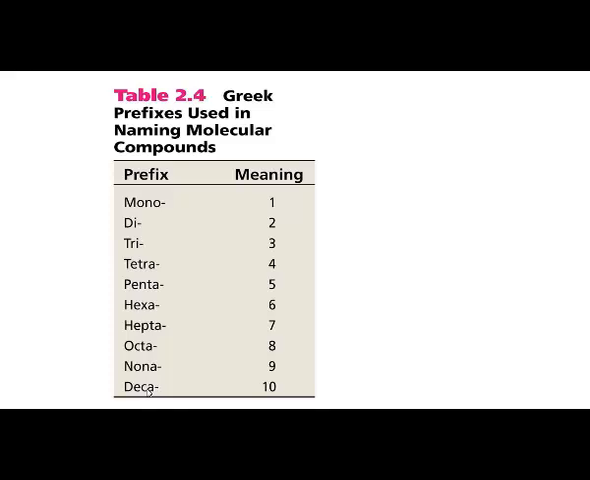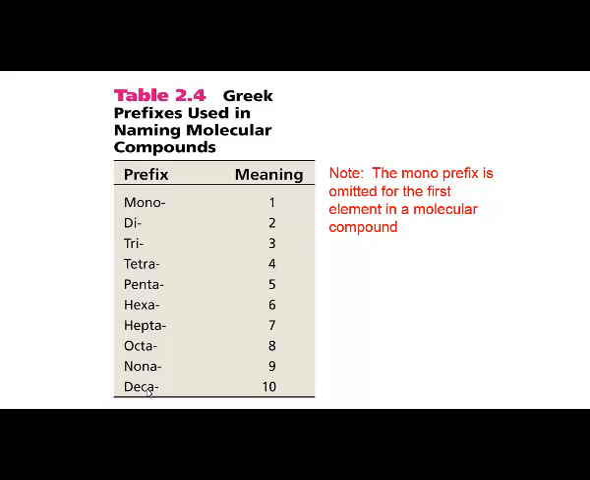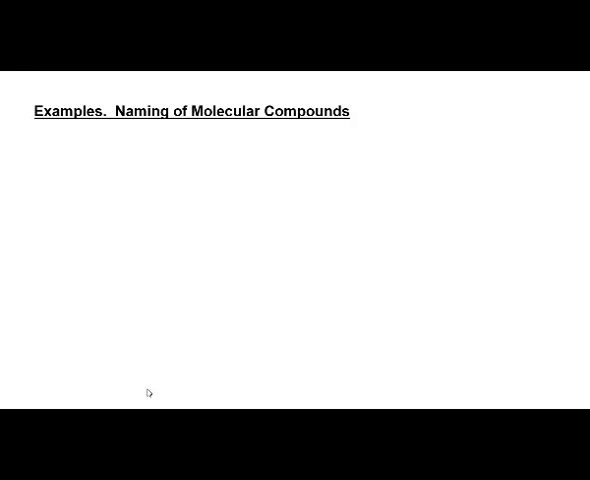I want to remind you, if the first element only has one atom, we usually will omit the mono in the compound name. So we'll see some examples of that. Okay, so let's practice naming a few compounds. The first compound we're going to start naming, we're going to look at its formula. It's HF. Now, if I have this compound dissolved in water, we would name it as an acid